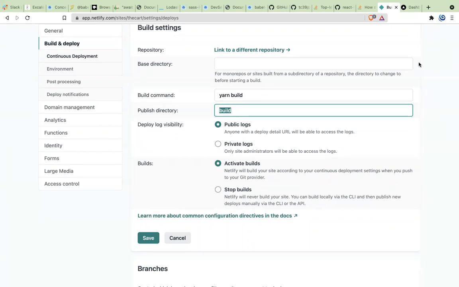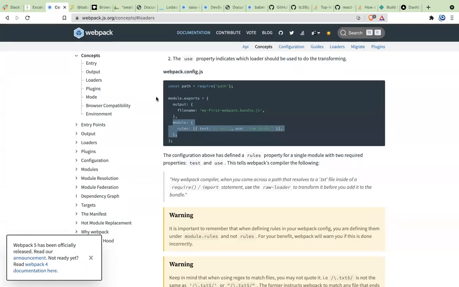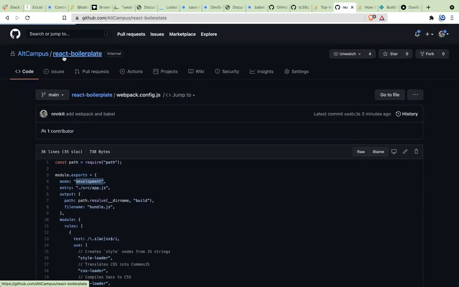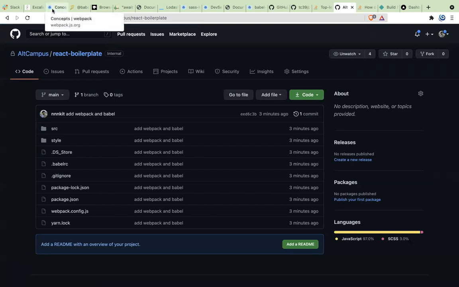And every time in the future you push any commit to it, it is going to redeploy the whole thing by itself. So this is the end of this whole class, of understanding the different deployment, Webpack, Babel, and the use cases of these things. Go ahead, try to recreate this, and for reference, you can take a look at our React boilerplate that is present at the All Campus repo. You can just have a look at it.